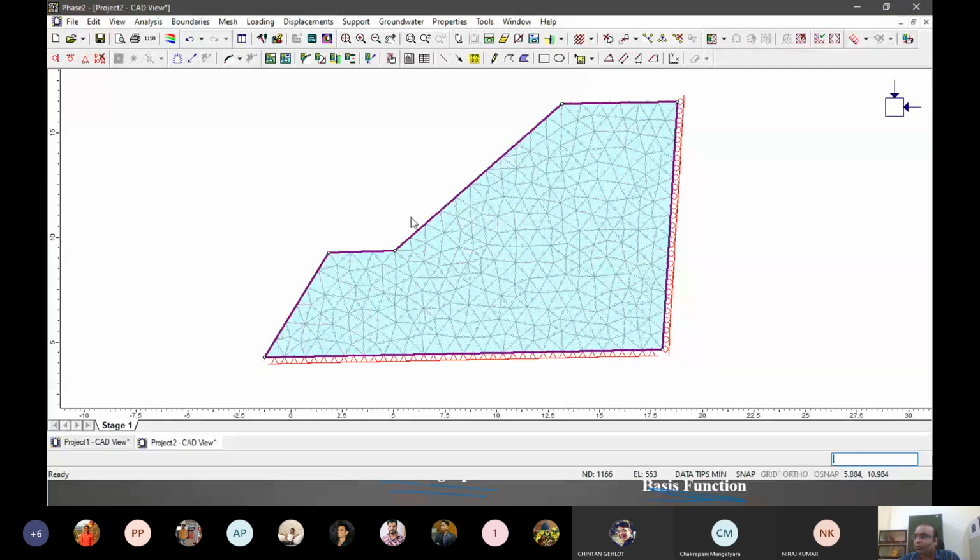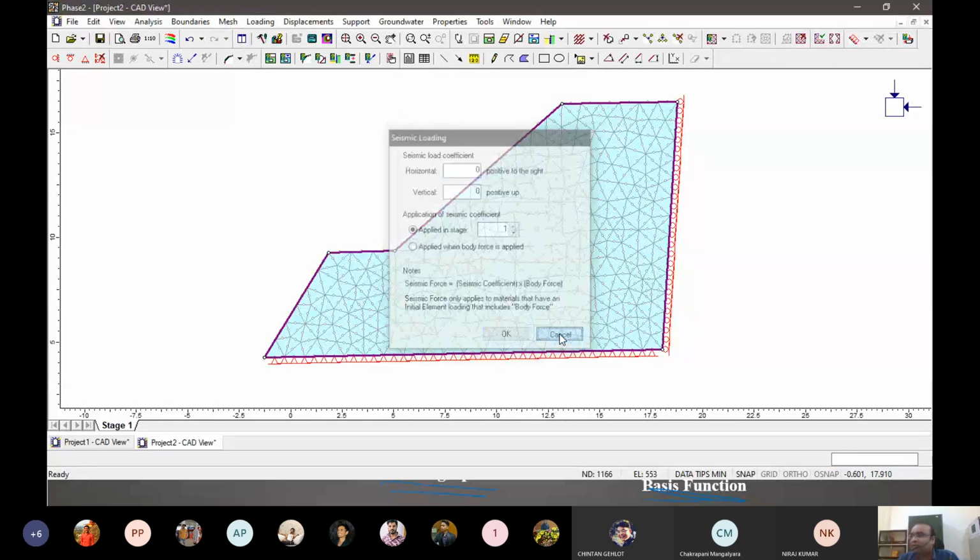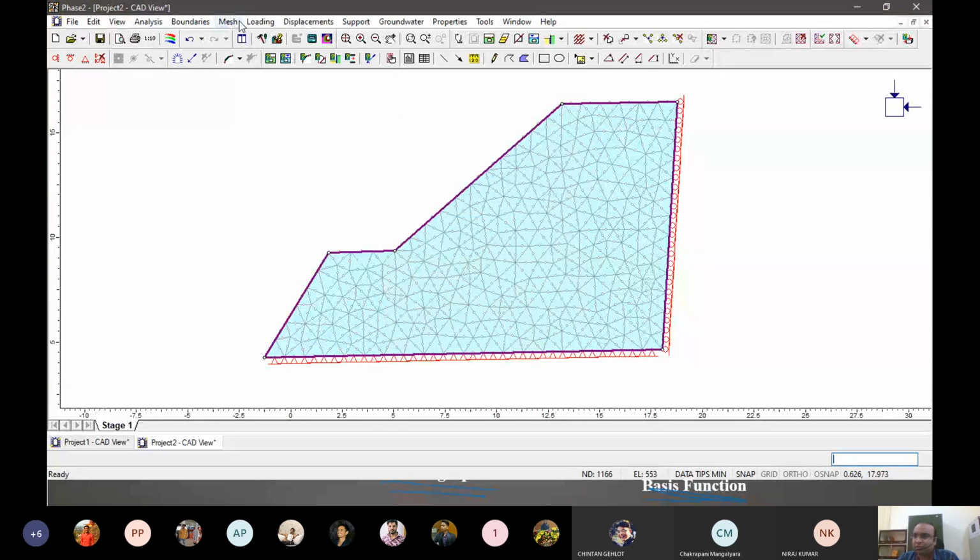Boundary conditions can be many more. We can give external load, as we were doing in the previous one as well. Distributed loads can be given, line loads can be given, and so on. We can also give seismic load. Horizontal and vertical seismic loads we can give if there are conditions of blasting and so on, right? And other things are there. We can give supports, we can give groundwater, all that we can do.